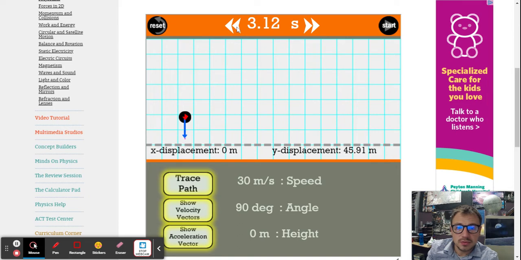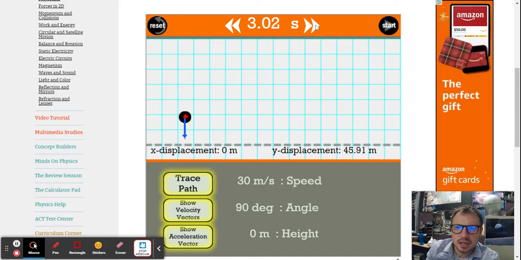Let's see here, 45.91. Okay, this one's kind of tricky because it's at two different times that it's 45.91. I'm going to go with the most one and say 3.12 seconds. That might just throw off the acceleration a little bit, but you can see here at two points